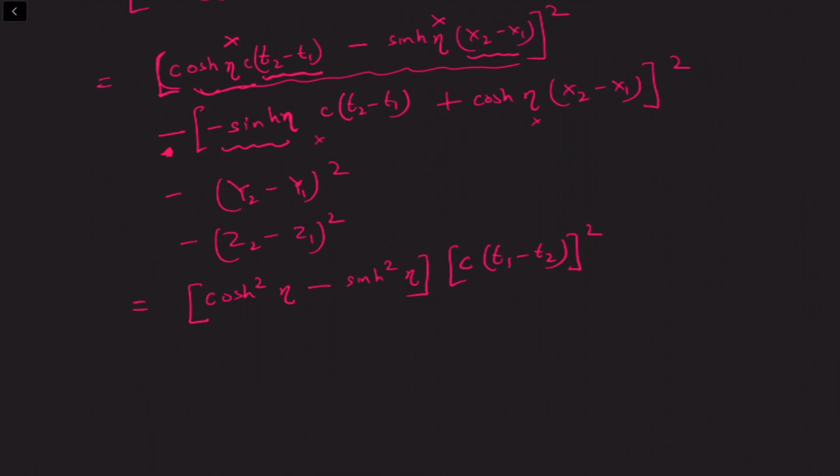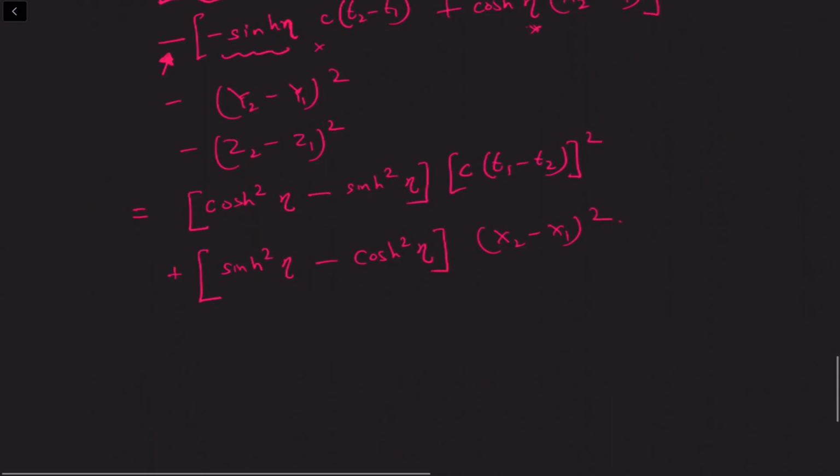And now let's write the coefficient of (x2 minus x1) the whole square. The coefficient of that from the first bracket is plus sinh square eta, and the coefficient from the second bracket is cosh square eta, again with this minus sign. So minus cosh square eta